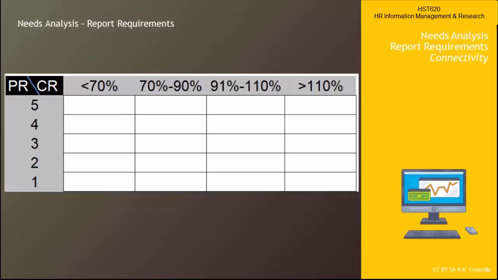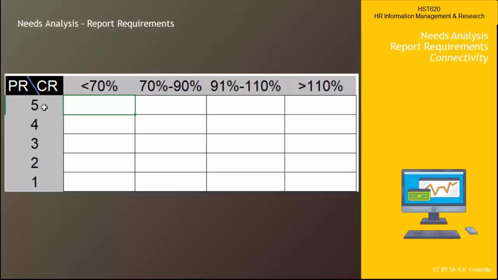And on the left side, they have every performance rating, performance review score for each employee. So 5, 4, 3, 2, 1. And on the top, they would have their compare ratio. And this is how they broke it down. This is not standard. But they had people less than 70, low end, between 70, 90, between 91 and 110, and on the high end at 110. So their job, and it took them months to do this, they looked at the economy, they looked at their own budgeting, they looked at cost of living, inflation, and they would then type in a number here,